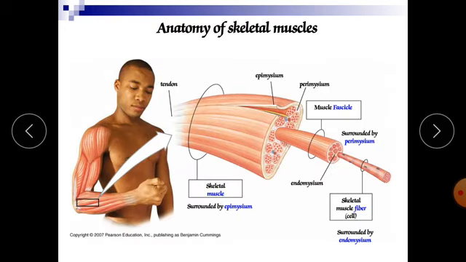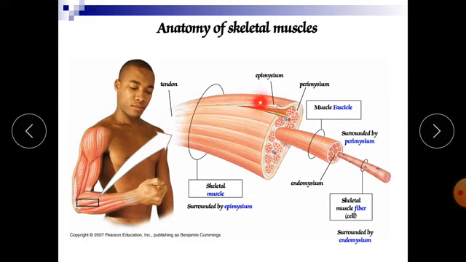Now we will discuss the anatomy of skeletal muscle. Here we can see the skeletal muscle. If you look at the anatomy of skeletal muscle, here are the muscles of your arm. In these muscles the tendons are there. What is a tendon? Tendons are the elements which attach your muscle to your bones. Tendons have a great role in holding the muscles and attaching the muscles to the bone.